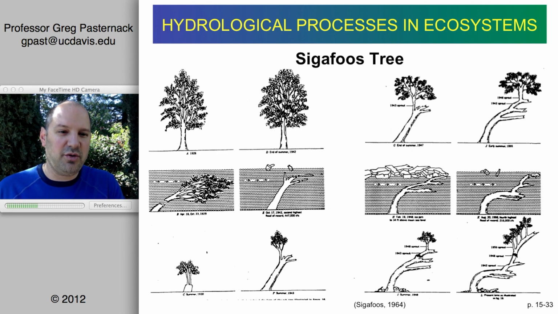And then it grows and grows and grows, and we have two trees, and then boom, now we get hit again. We get an ice event, and it whacks everything off. And what you can see is that, although it might be bending some, the vertical parts of the tree are being cut off, and then the tree has to grow new vertical areas, leaving behind the broken branches that were at another direction. And so you get this step-like function as a tree grows up, gets knocked off, grows up, gets knocked off, and you can end up with these very funny-looking trees, which were characterized by a scientist named Sigafoos in